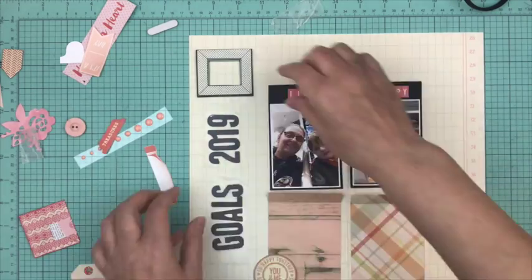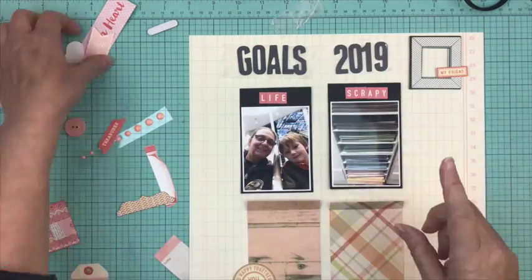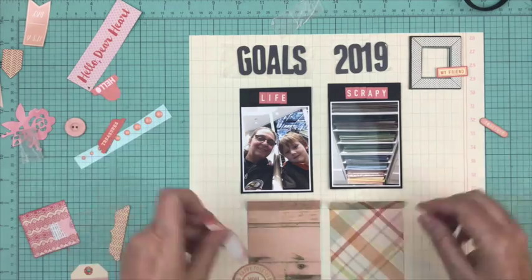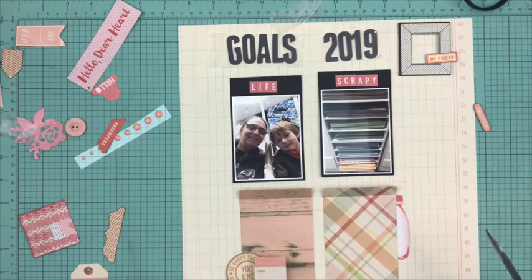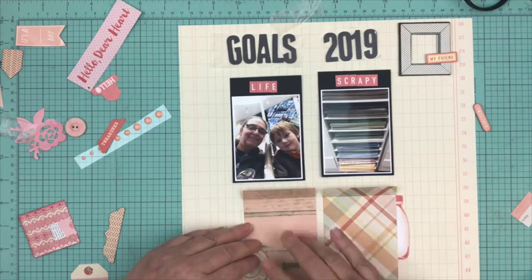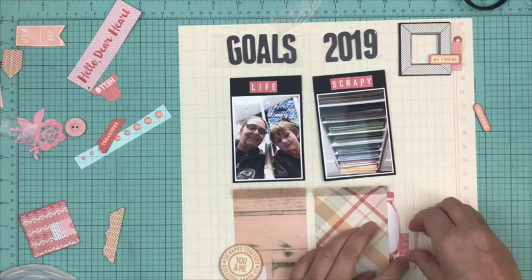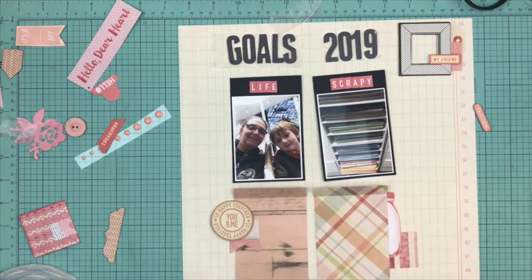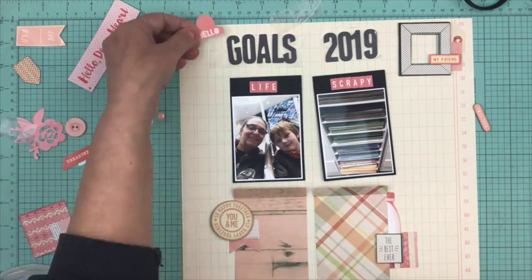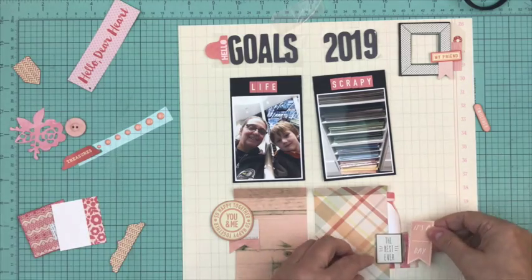Now, I took the goals 2019. I thought maybe I kind of liked it on the side, but then I wanted to put an ephemera with the title, and the ephemera would have been kind of sideways. So I decided to put my title at the top and then take that little square frame, and I'm going to do a little cluster right next to the title. And then I'm going to make some clusters next to where I'm going to do my goals. So while I'm playing with the embellishments, I'll just let you know a few scrappy goals that I have and